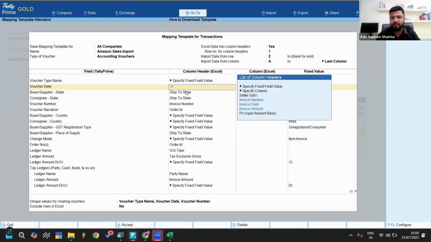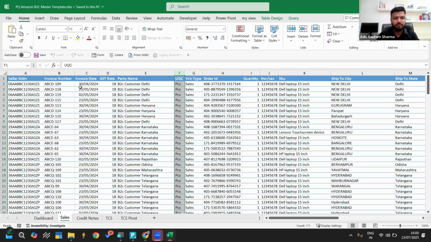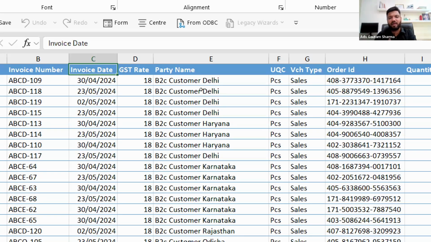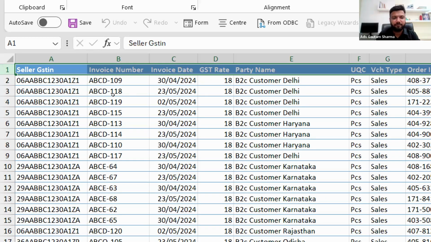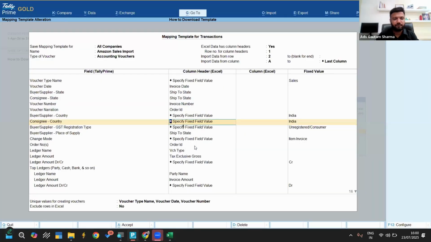Date I have to take from invoice date. What is this invoice date? If I go back to my Excel, you can see invoice date is the header name. So all these header names only from our Excel we have to map within our Tally. After mapping all these header names here one by one like this,